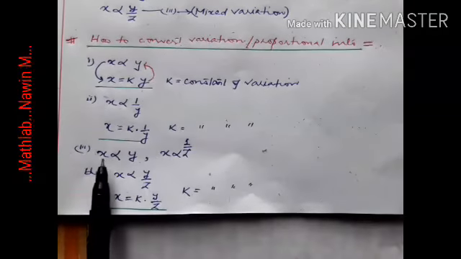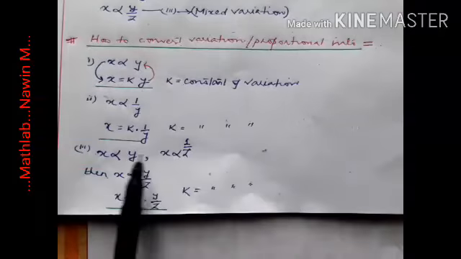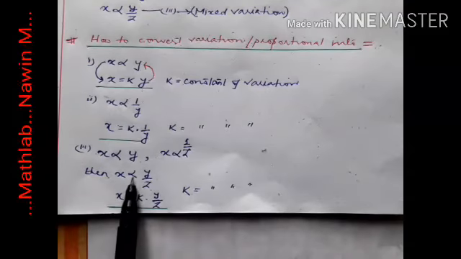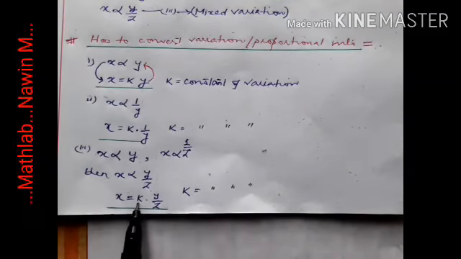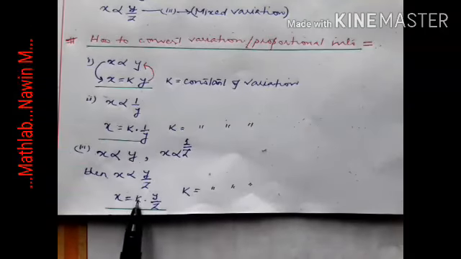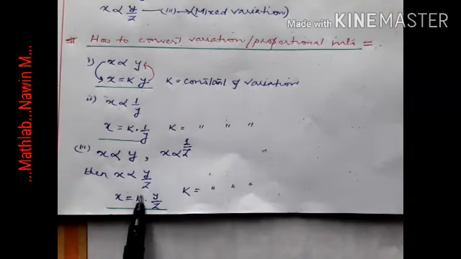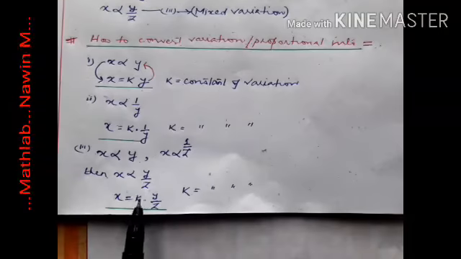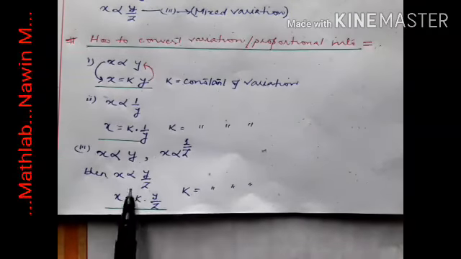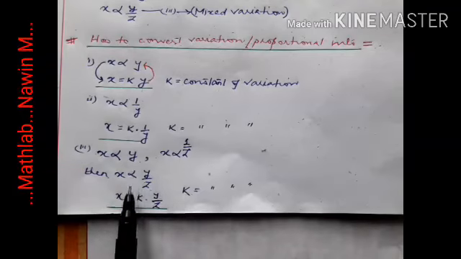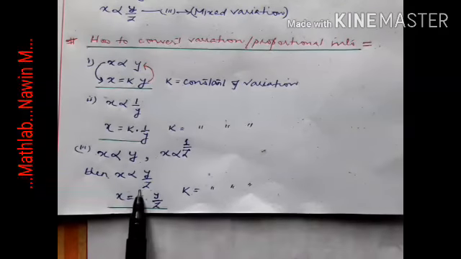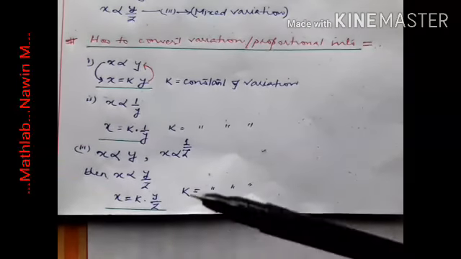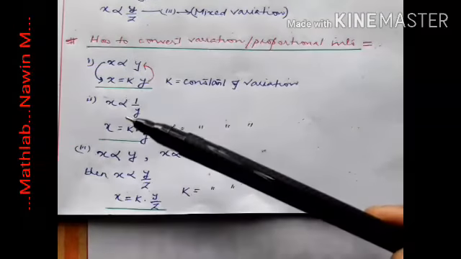Okay, similarly we have these two variations, and if we combine them, then we get this is a mixed variation. And if we want to convert this variation into equal to, then what we have to do is we have to introduce one constant. Okay, we have to bring one constant k. We have to write here k, where k is also what is called the constant of variation. Okay, and if you want your equal to be converted into proportion or variation, then again what we are going to do is we are going to remove this constant back. Okay, so this is how we have to deal with the variation symbol.